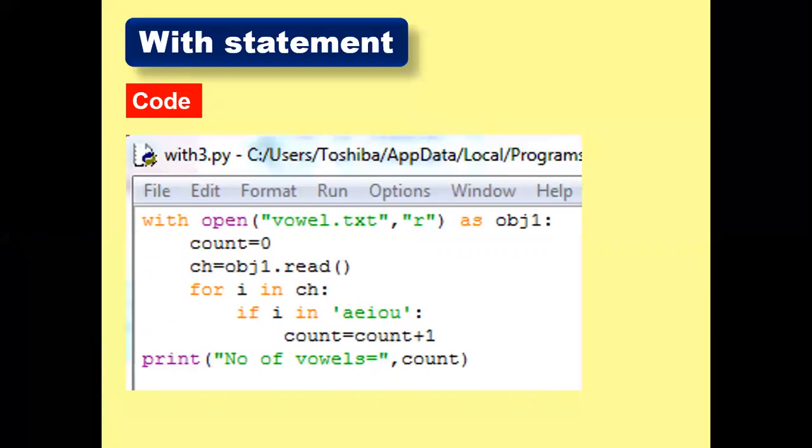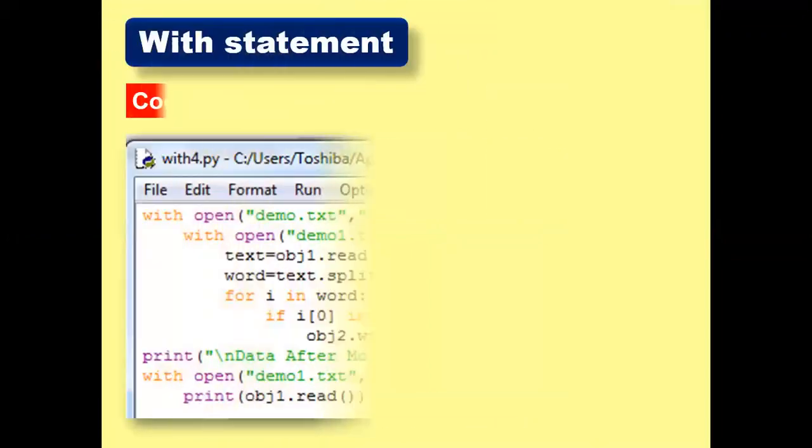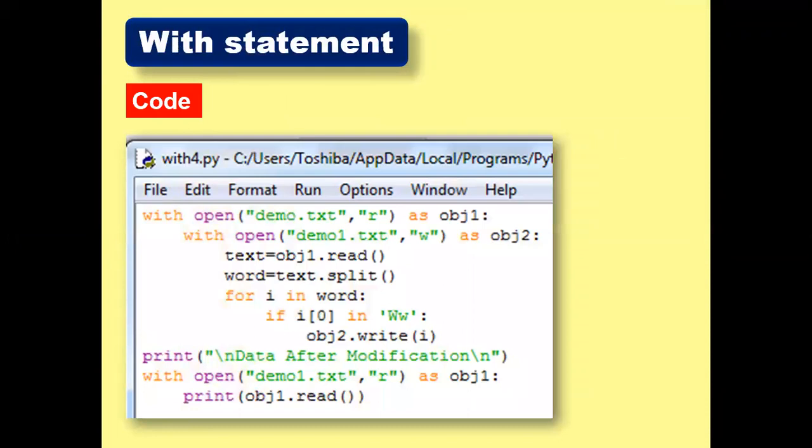I'm just going to move forward here, dear students. This is a program here, what we have done here. And after that, this will be the output based on that particular file. So again, here it is some other thing that we are searching for, W and W. So we can do it in such a way.